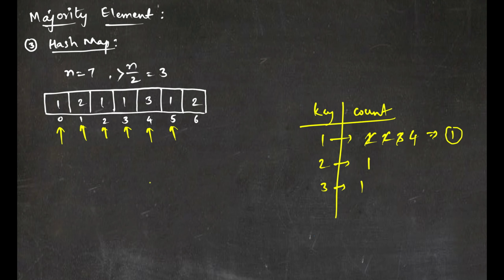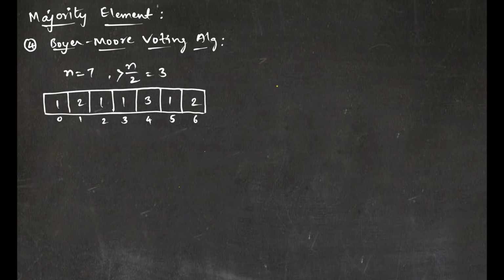If you look at the time complexity, since I'm iterating the entire array only once, it's going to be O of n. And space complexity wise, I have to take a map, and in worst case I have to store each and every element into this. So there will be O of n space. My sorting approach was taking n log n time without any extra space. We are able to reduce the time complexity with the help of hash map, but hash map is taking O of n space. Let us try to reduce that space as well.